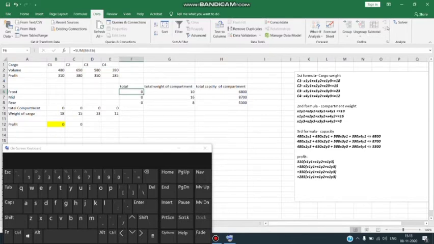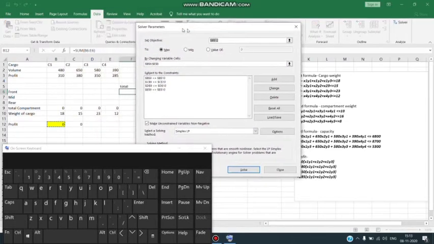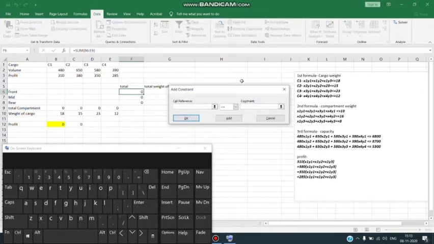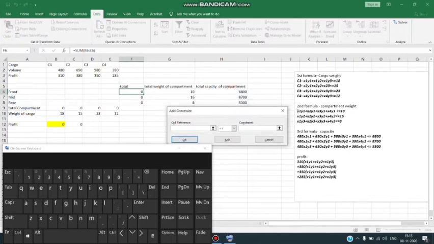Now I'll go back to my solver again, and I will add my second constraint. So I'll click on add, and my second constraint was x1, which is my cargo 1, y1, which is my front section. So we are looking at the front section compartment now.